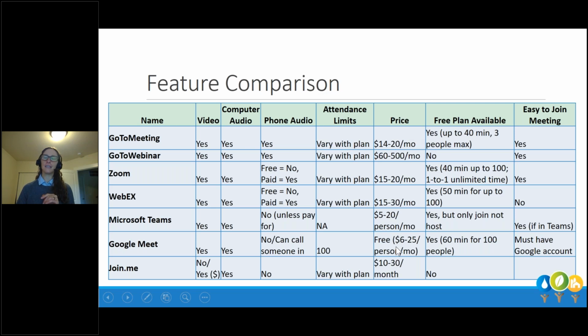But you can see the pricing is going to be just about the same across the board, somewhere between $14 and $15 for a starter, up to maybe $20 or $30 for those pro plans, and that's per month. And that's also per user or per meeting room. You can think of it that way. So you can share your user login, but you can only have 1 meeting running at a time.